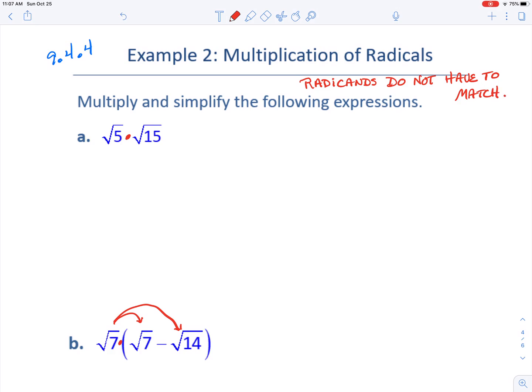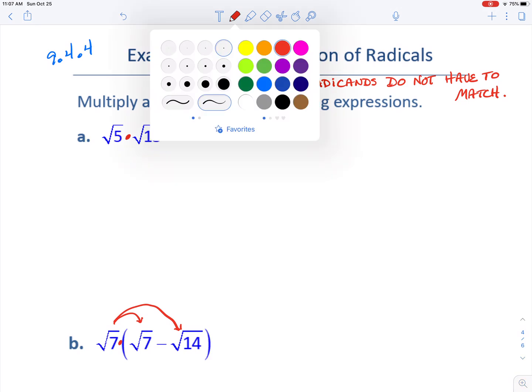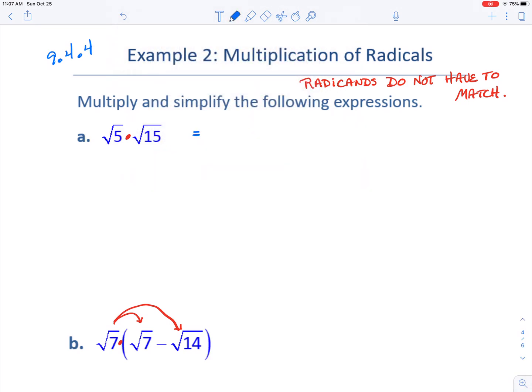All right, so the first one is the square root of 5 times the square root of 15. So here's how we're going to proceed here. And let me get out of red. I don't like to work in red. There we go. So this is the square root of 5. Because 15 has a factor of 5, we're going to think of that 15 as 5 times 3. And then you can see that what I have here, if I separate these second two factors out,